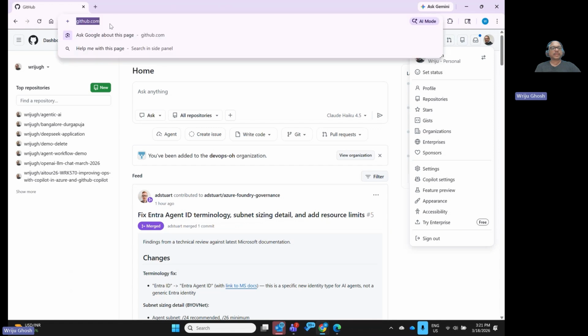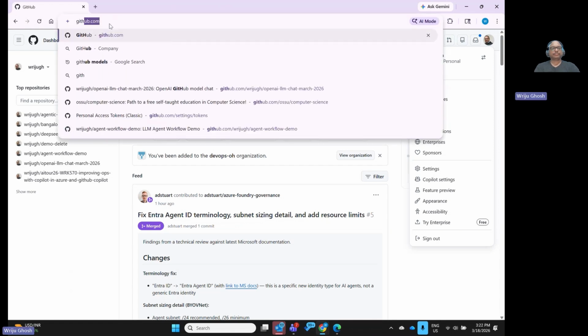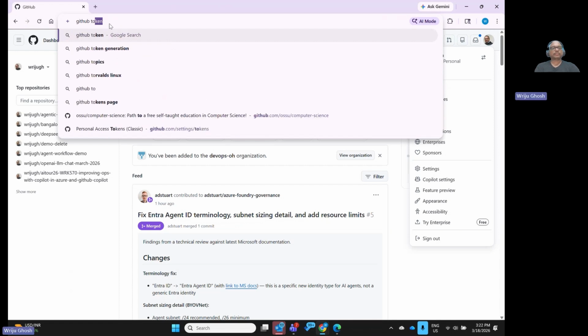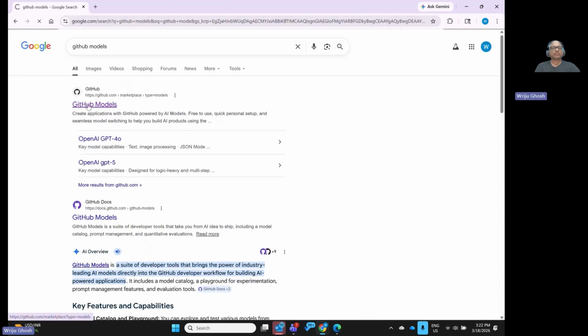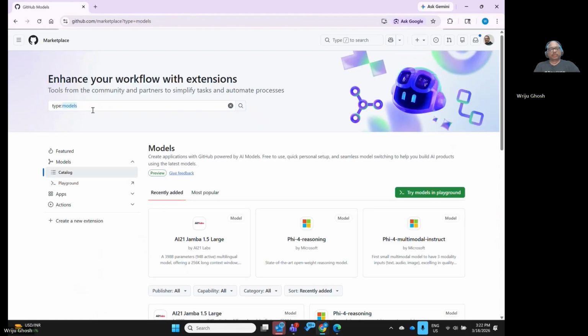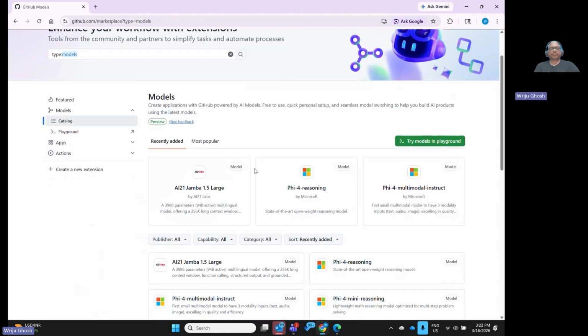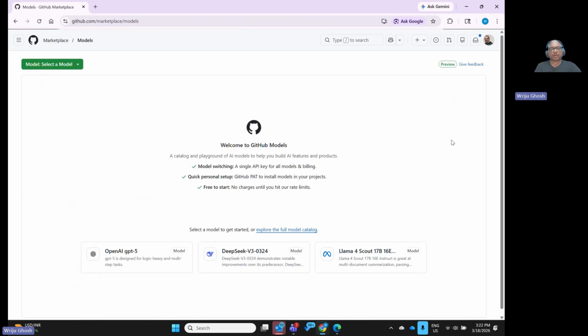Once you have that GitHub ID, what you basically get is GitHub tokens, models. First, let's see models. So if you go to the GitHub models, you have a bunch of models. You can even try the model. You can go and click here to try the model. And then if you want to say, let's say, try OpenAI GPT-5,